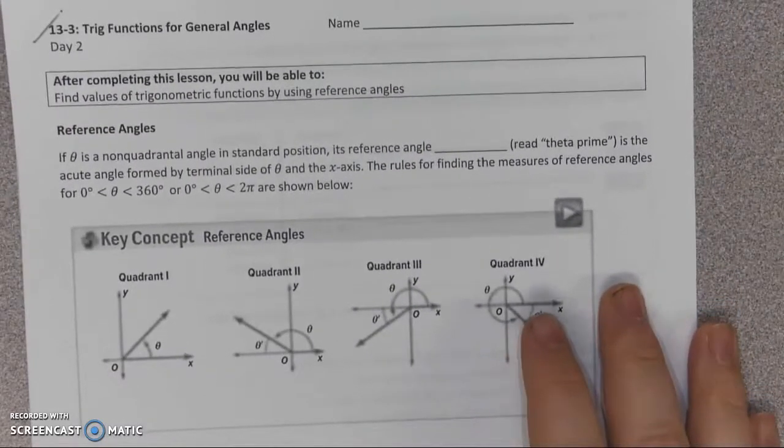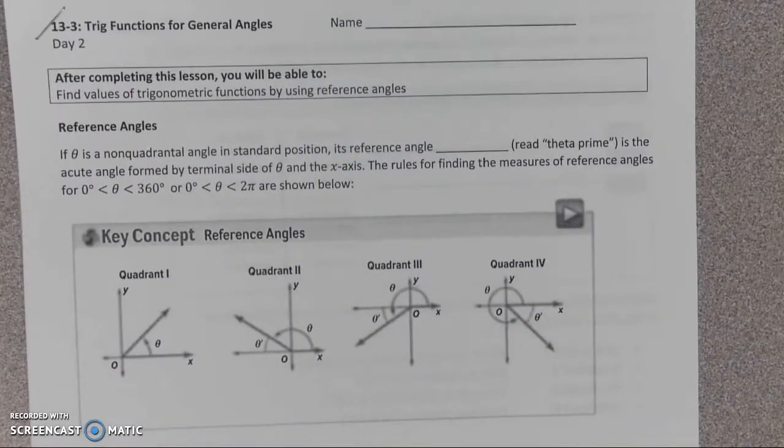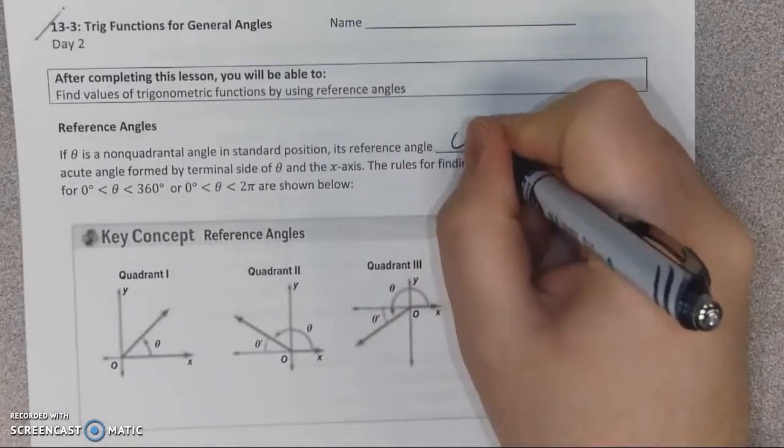So this is 13.3, day 2, and in the last video, we looked at finding trig functions for general angles, and now we're going to move on to a new idea of reference angles. What reference angles will do is allow us to find the value of a trig function for a specific angle. So it says, if theta is a non-quadrantal angle in standard position, then its reference angle,